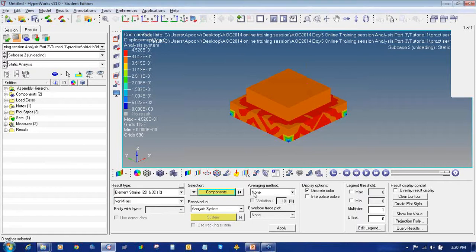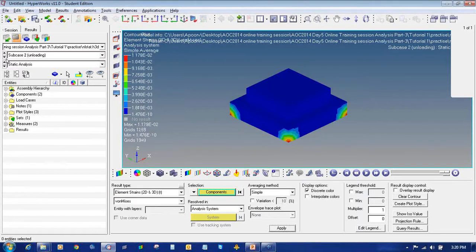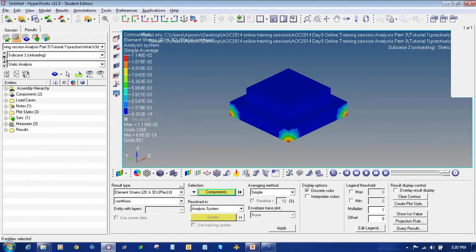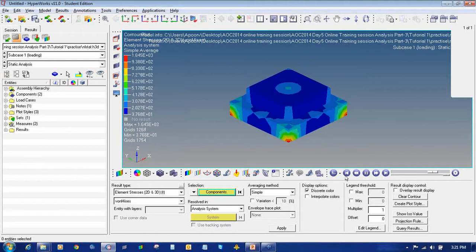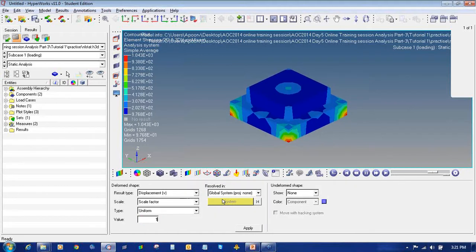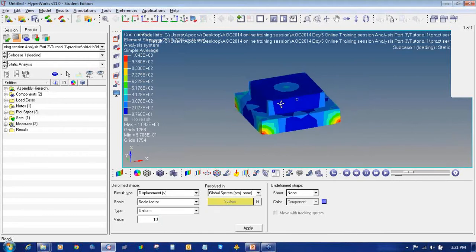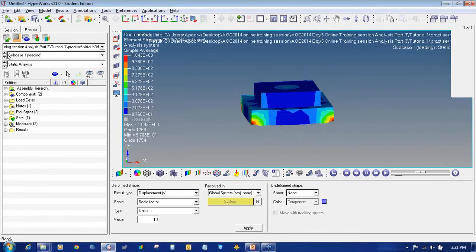Similarly, elemental strain 2D for loading and unloading, elemental strain loading and unloading, elemental stress unloading and loading. So in this way, these are the two nonlinear analyses. If I want to increase, I can increase the animation too, or you can see the animation for loading and unloading both.